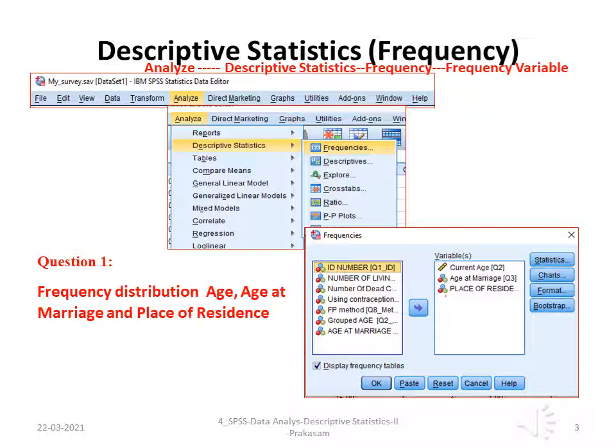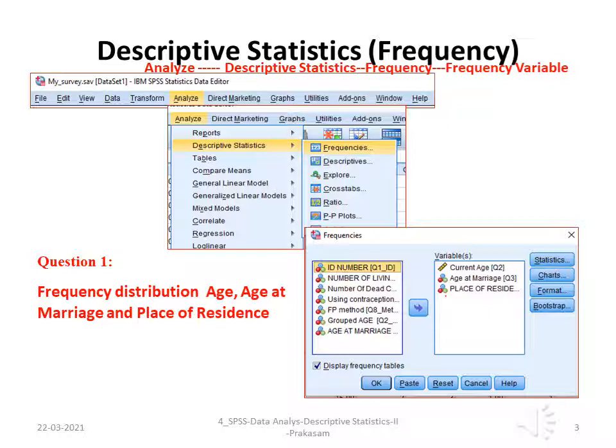We are interested in the age of the woman, age at marriage and place of residence. Those three variables are current age, Q2, age at marriage, Q3, and place of residence. Then click OK, and you will get the frequency distribution of the selected variables.